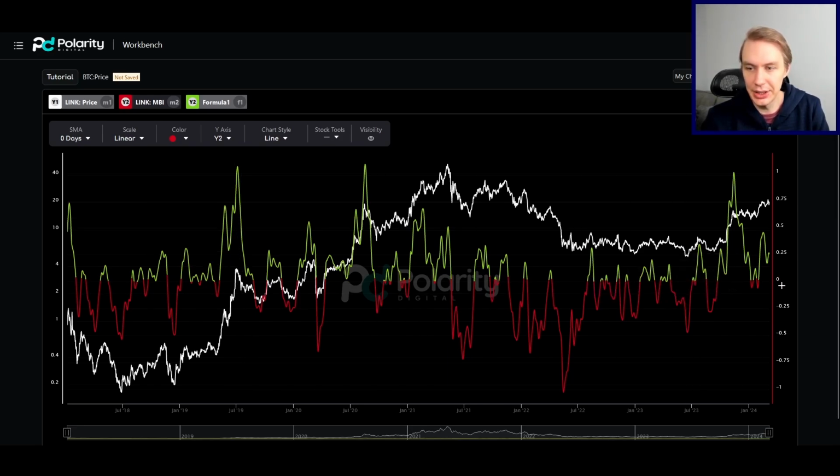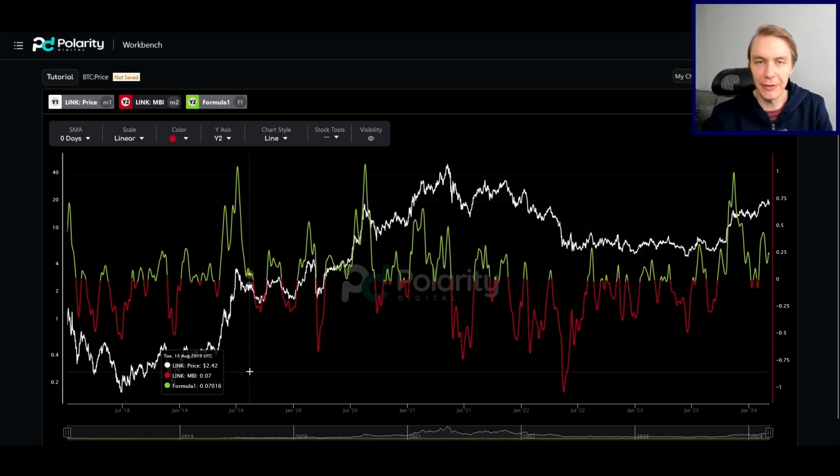So basically 0 is the average amount of momentum that the asset has seen in its lifetime. And then these are standard deviation units above and below. So Link obviously has overall had positive momentum bias, given how much its price has appreciated in general over time. So that basically means 0 is an overall positive, and then units above and below are just degrees relative to that.